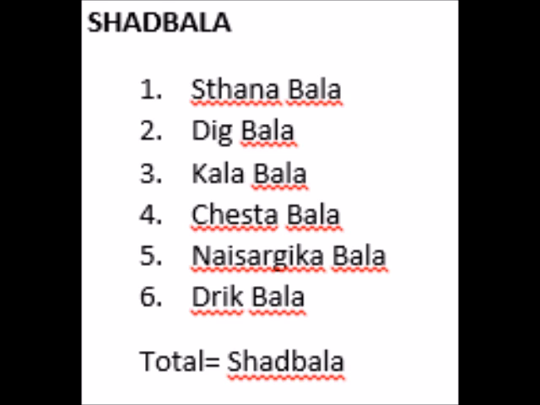And to calculate this, planets are divided into masculine planets, which are Sun, Jupiter, and Mars. Then there are neutral planets, as we know, Saturn and Mercury, and then there are female planets, Venus and Moon, and points are allocated based on where the masculine planets are placed in what Drekkana, or where the neutral planets are placed in what Drekkana, or where the female planets are placed in what Drekkana.